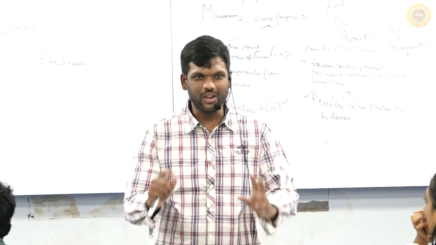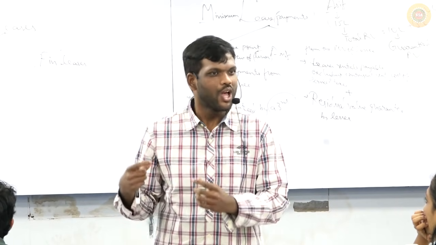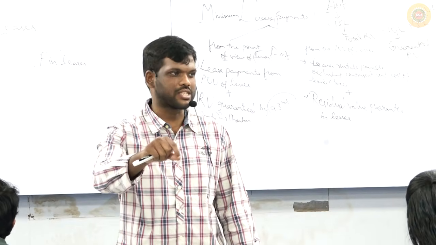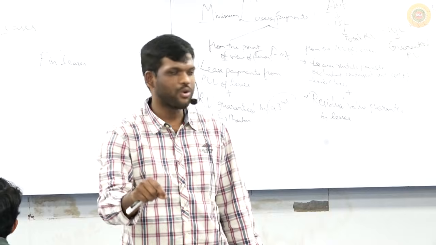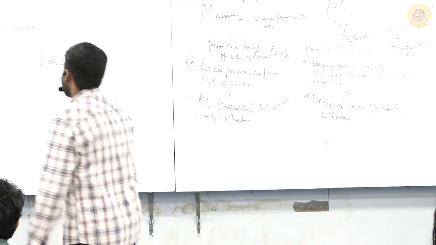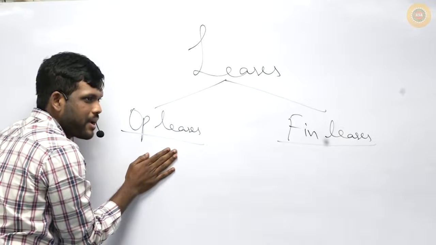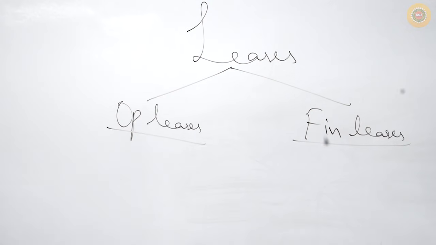Okay, gavani, the dose of theory has increased a bit, so let us come back to journal entries and sums, and once we finish the sums we will finally see the theory. But you should know these words. There are two words: operating lease and finance lease. Everyone look, please.